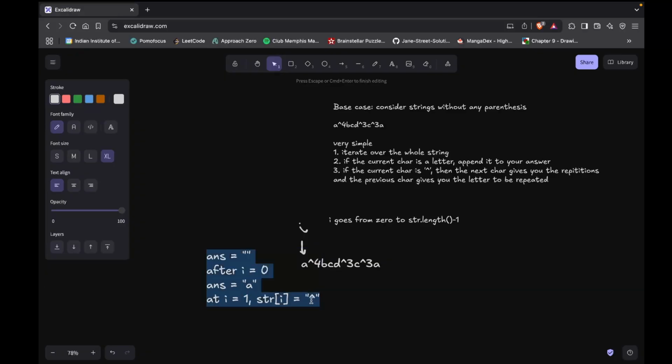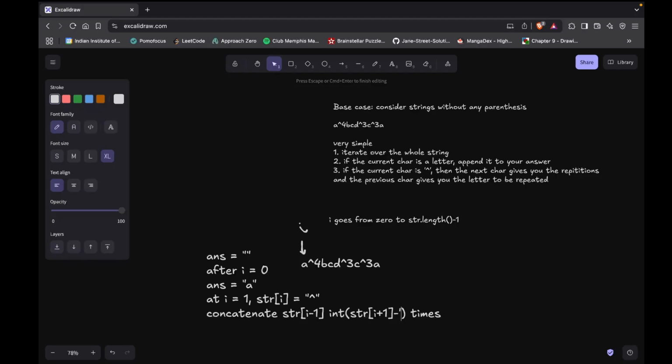So after reading in a hat, you will actually concatenate str I minus 1, int of str I plus 1 times,